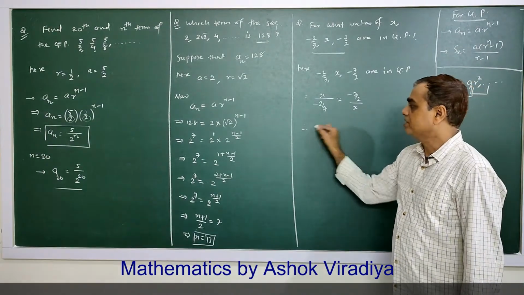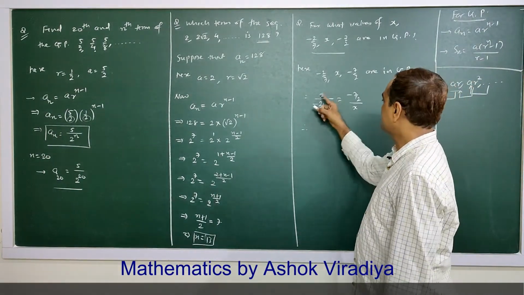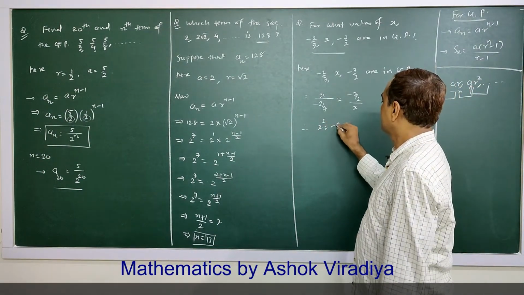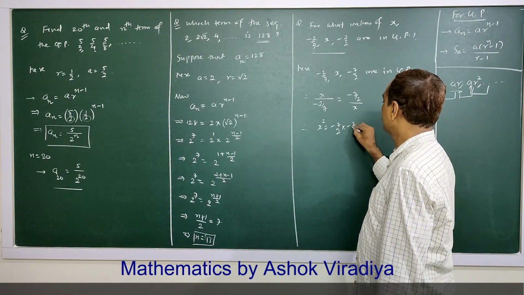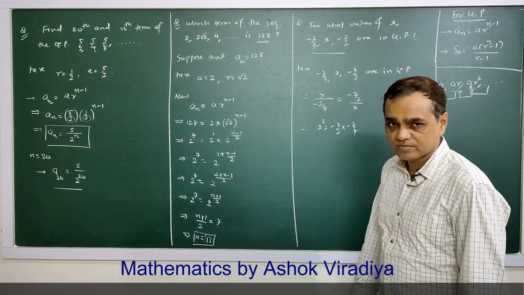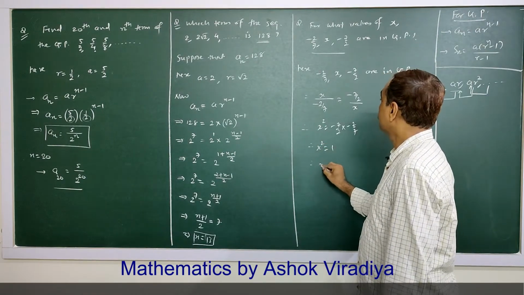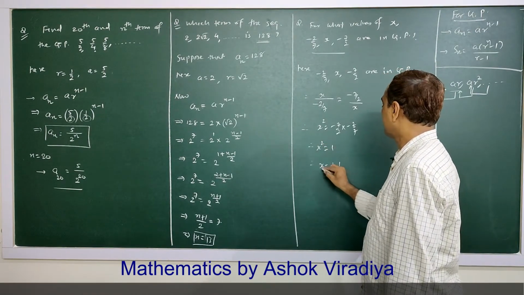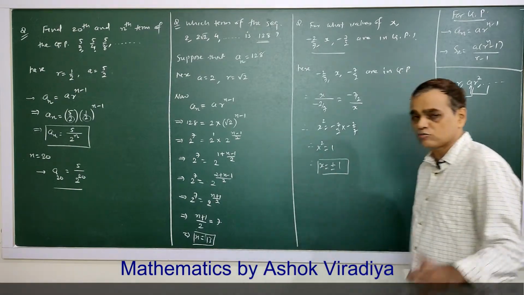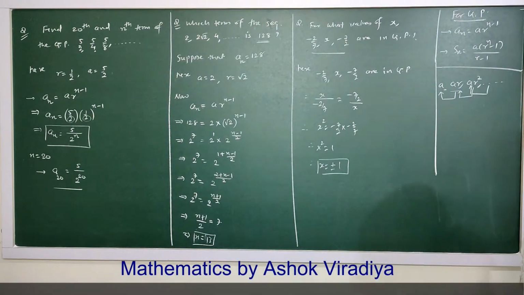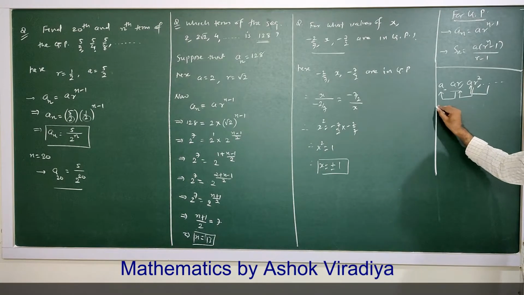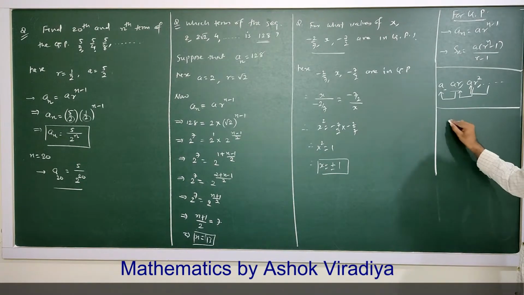So that means here x square is minus 7 by 2 into minus 2 by 7. So x square is 1. So the value of x is plus or minus 1. So there are two possible values of x. So remember one point, that if